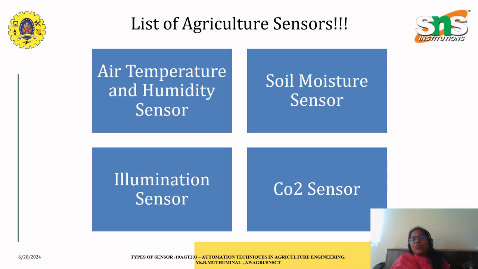Here I have listed a minimal number of sensors which will be helpful for you to give a very good batch of crop. For instance, I have given you a soil moisture sensor. What does it do? It senses the moisture level in the soil, so that if the moisture level is lesser than the necessary moisture, it will intimate me so that I can water or irrigate the field. Irrigation is the main thing I have to take care of while growing a crop. And if the water level goes higher, what happens?